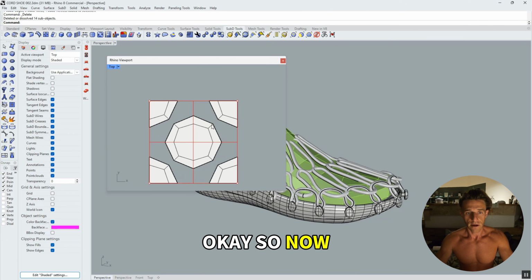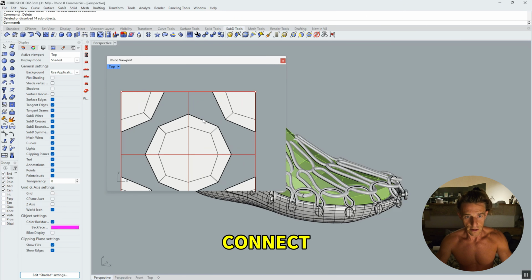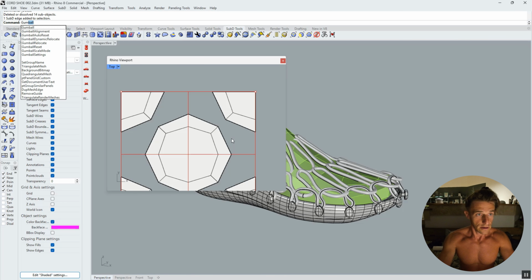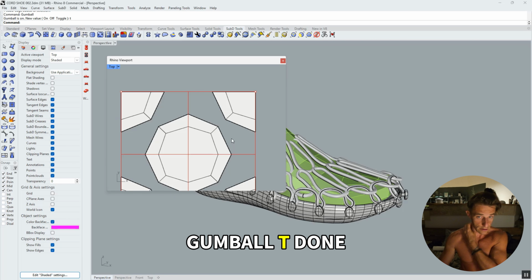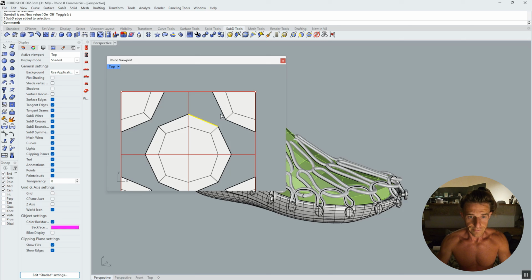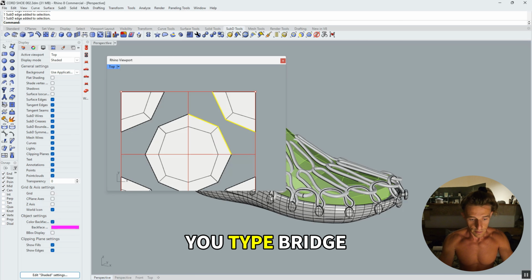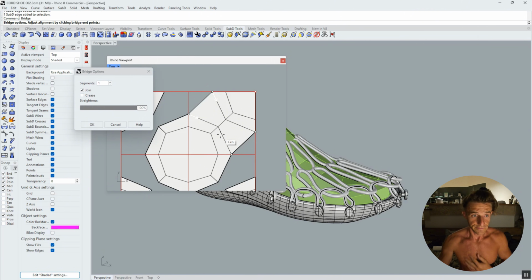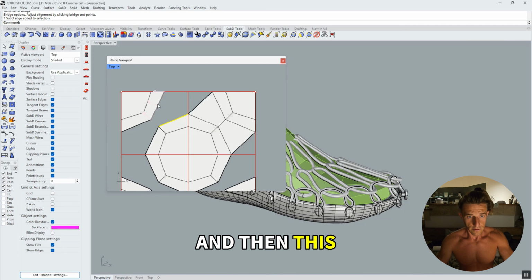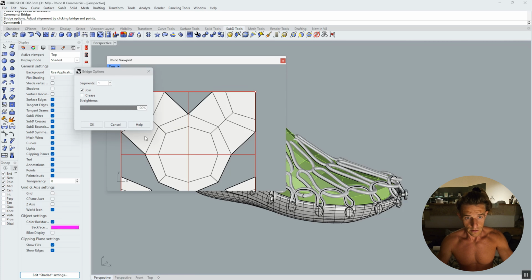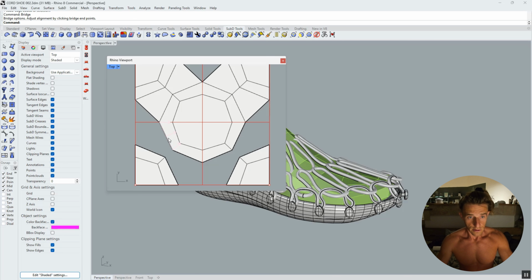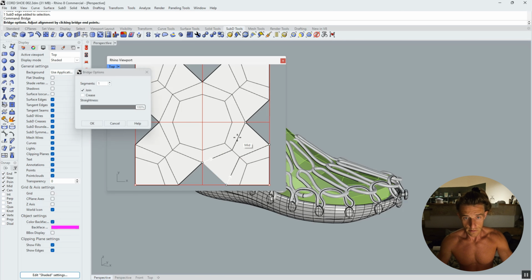Okay. So now I also want to connect. For now I'm just going to turn gumball off because it gets in the way. Gumball T done. I'm going to select these two edges and then you type bridge. Okay. And then this and this and this and this, same thing. And then this. Okay,